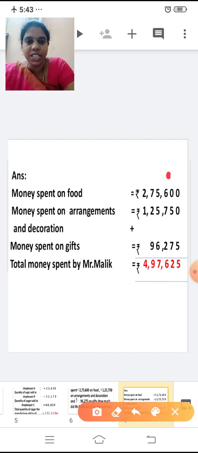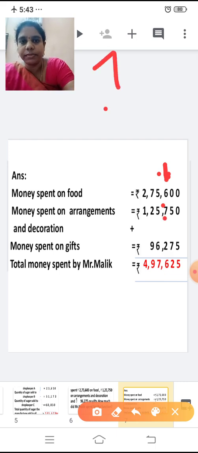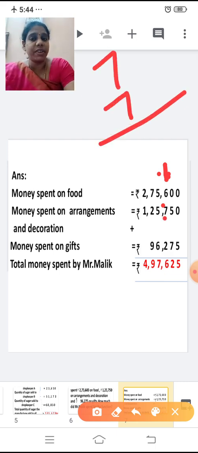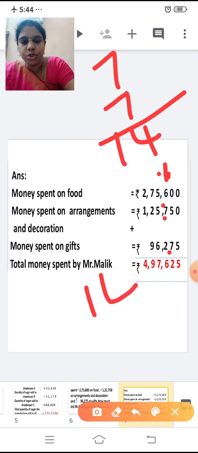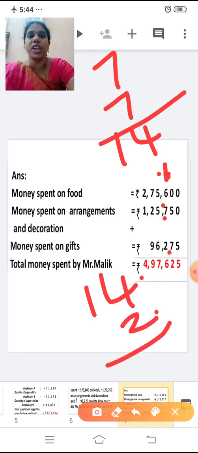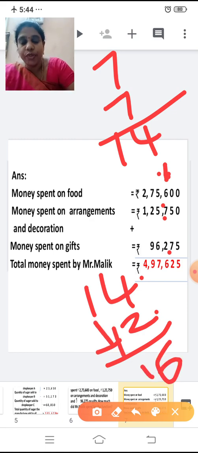Now, shall we add the hundreds place now? Now, 1 plus 6. I am adding the carryover and the first number. 1 plus 6 is 7. After 6, I am going to add only one number. 6 plus 1, 7. With 7, I am going to add 7 more to it. 7, 8, 9, 10, 11, 12, 13, 14. With this, I am going to add 2 more. So, this is 14. After 4, 5, 6. So, 14 plus 2 is 16. So, write 6 here and 1 will be carried over to the thousands place.